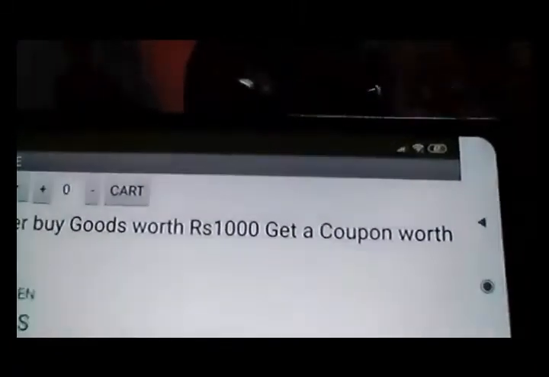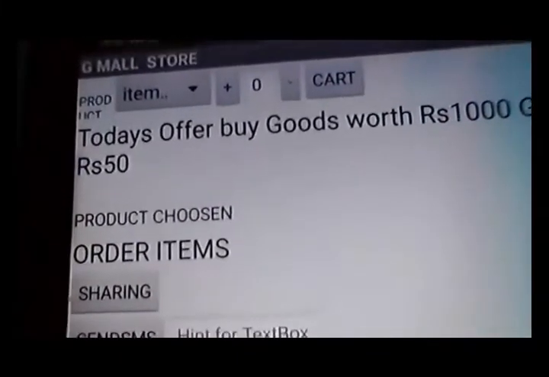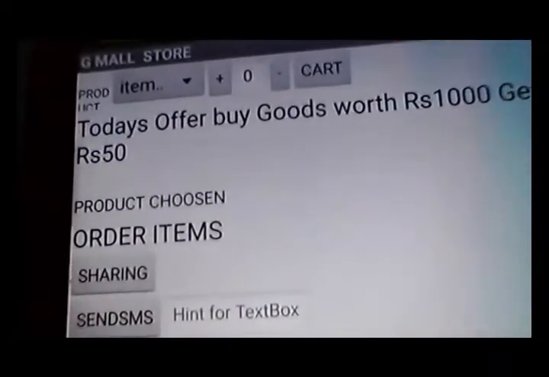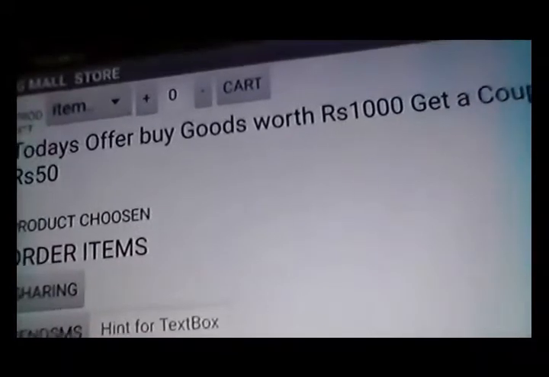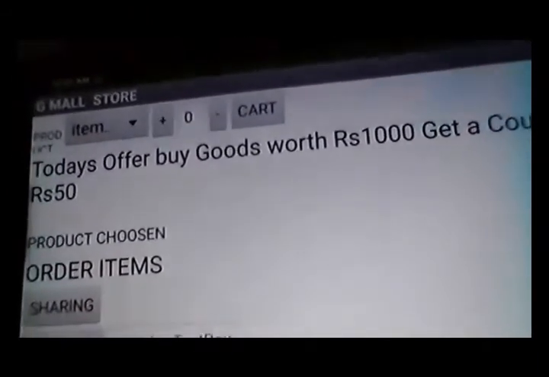You can see the order ID and everything is happening. I am going to place some orders and show what is happening. I am going to add something to the cart.